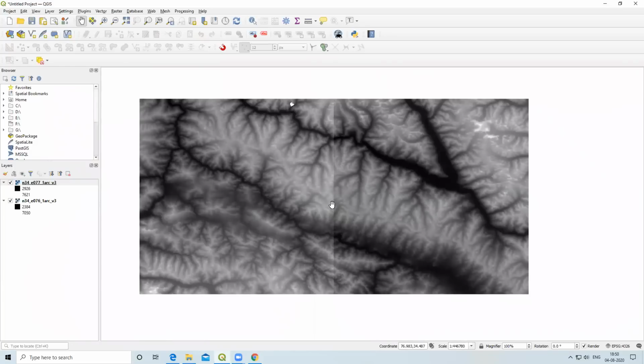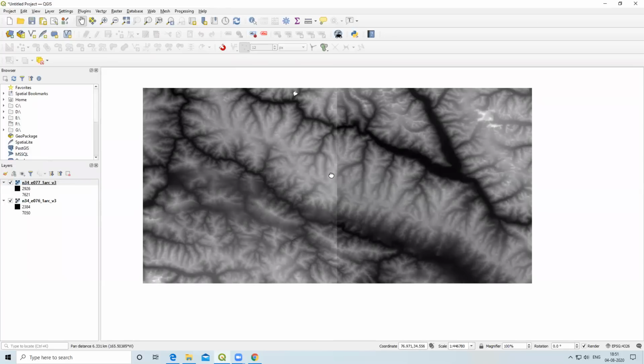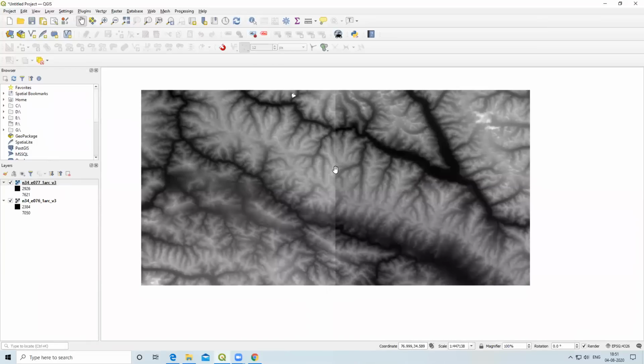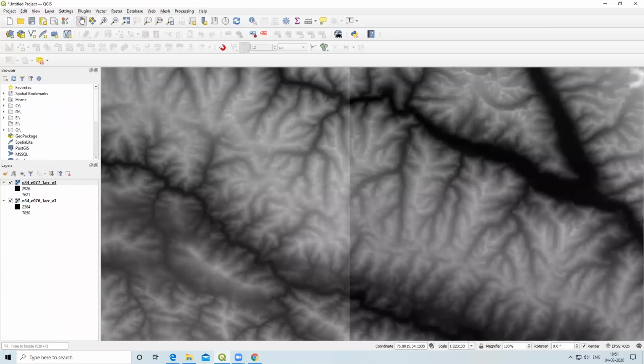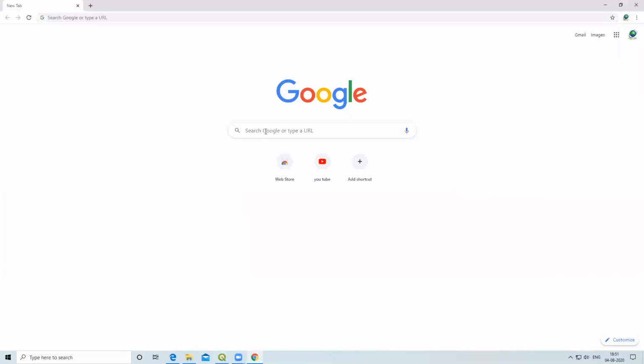This is a digital elevation model image, SRTM DEM 1 and 2. There are two images, and this image is downloaded from USGS Earth Explorer. Shuttle Radar Topographic Mission, SRTM, created a near-global DEM covering 80% of the landmass with 30-meter resolution, with extensive potential for disaster management. So first we'll see how to download this SRTM DEM image. From that we'll create slope map, aspect map, contour map and watershed map.